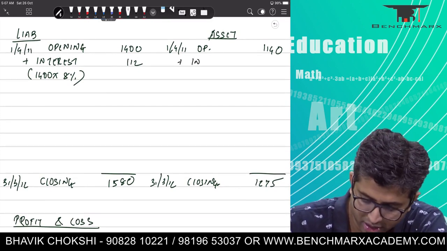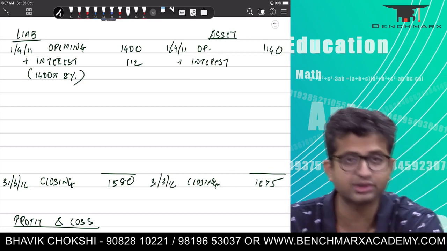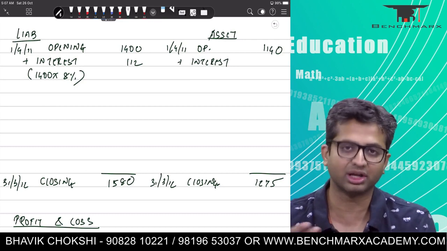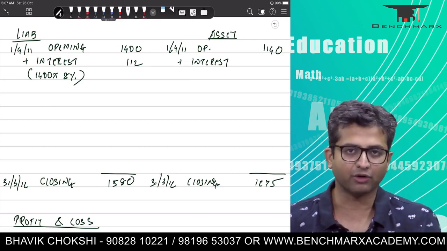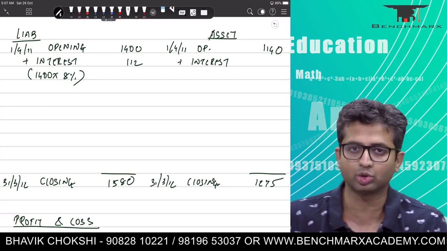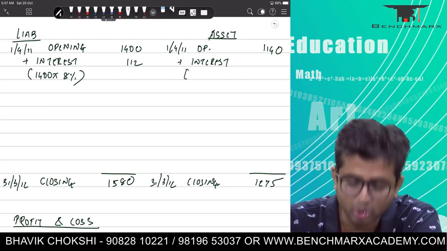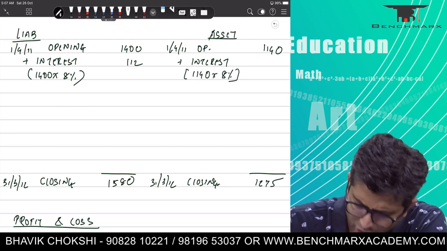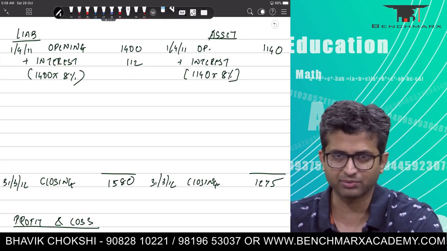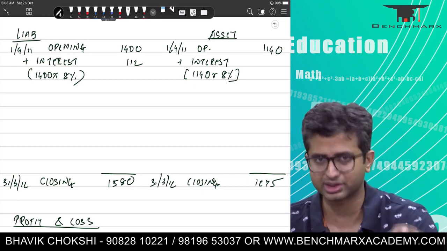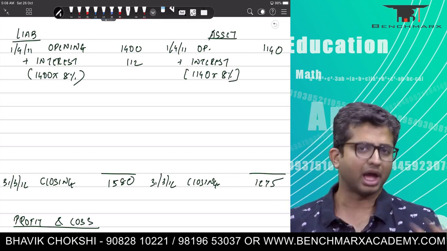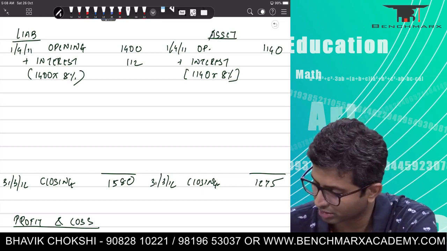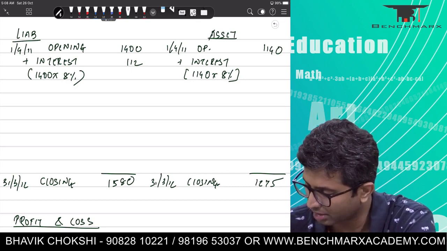Now, Ind AS 19 says that the discount rate is the same. What is the discount rate? The discount rate is the expected return on the assets. So the time value of money is how much your assets are actually going to earn. If your discount rate is 8%, it effectively means that you are expecting to earn around 8% on the assets as well, and that is the time value of money for the liabilities. This is what Ind AS exactly tells you. The discount rate has to be the same for the assets as well as the liabilities under Ind AS. So 1140 into 8%